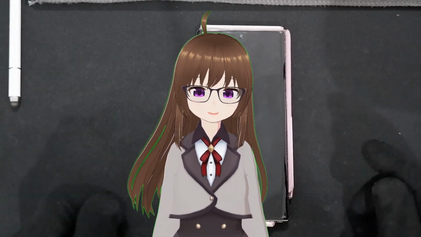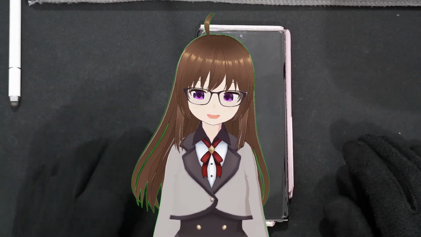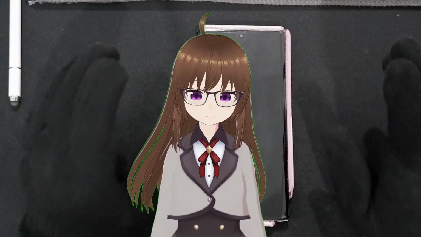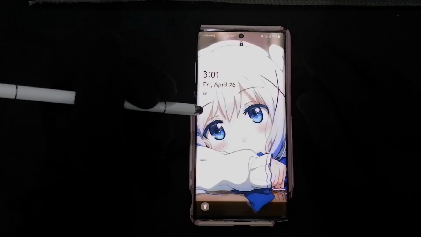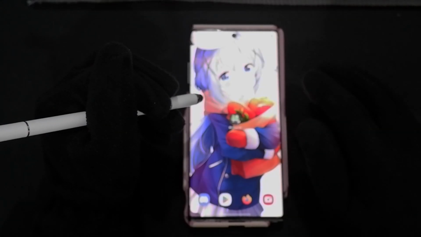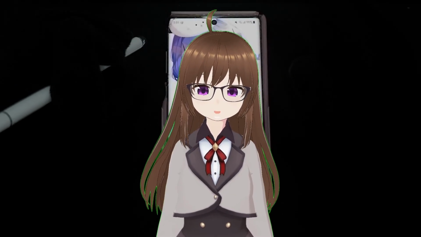Now with that said, there's one thing that I have to address that has been left alone for a very long time on my Android secondary driver, the Galaxy Note 10 Plus. Yeah, there may be some flaws. Some of the flaws happen to be a bit of hiccuping going on. Don't get me wrong, Chino is really adorable.